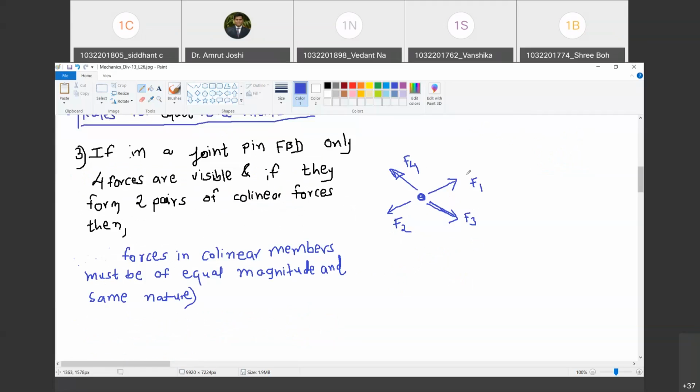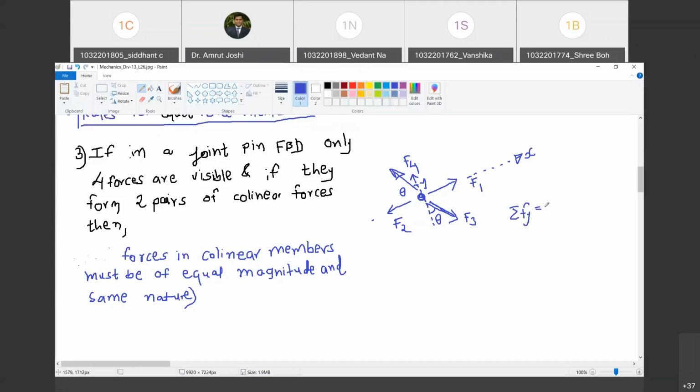Proof is very easy. I am going to call a direction along line of action of one of the collinear forces as X. Are you with me? Yes, sir. So perpendicular to this is Y. Happy? This is Y. Are you with me? Yes, sir. So what are these angles? These angles are same. Theta, and this is also theta. Happy? Yes, sir. Now apply summation Fy equal to 0.